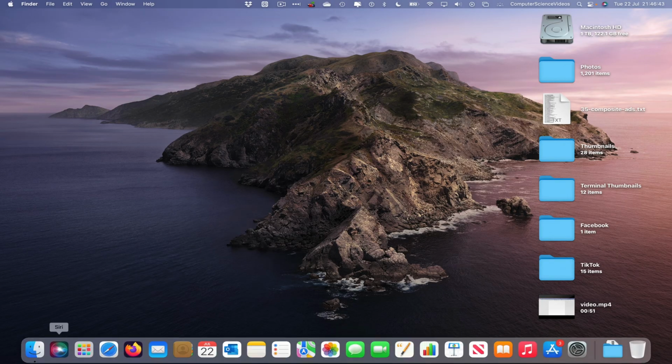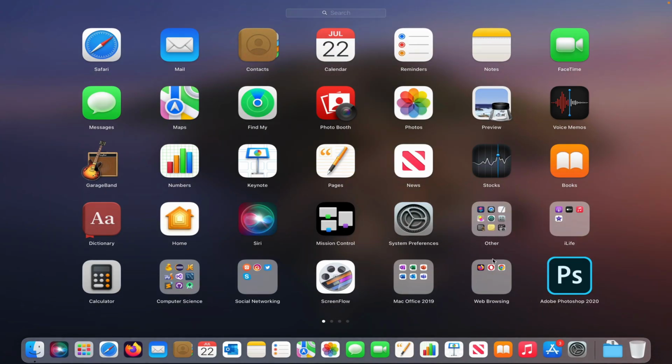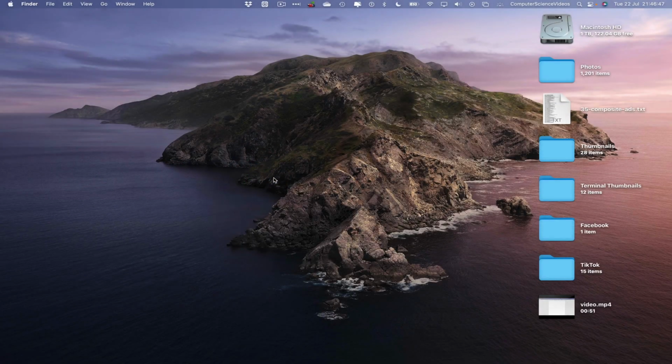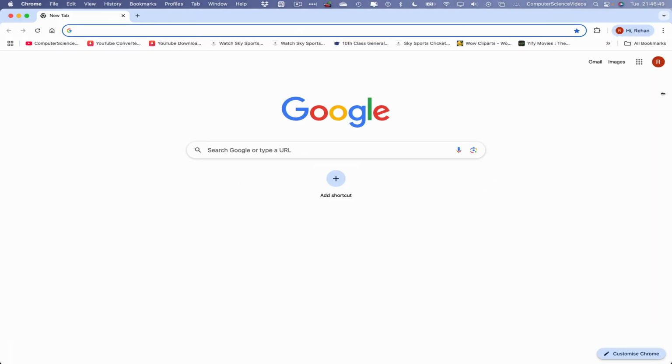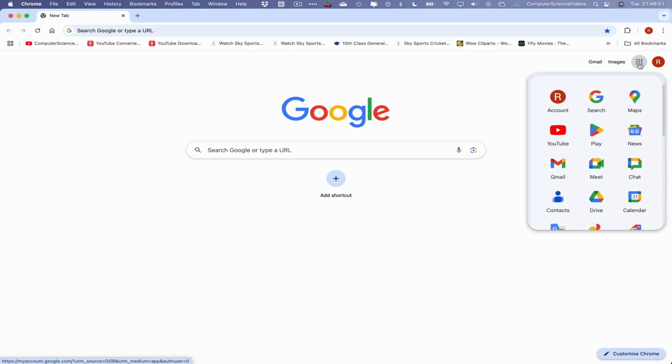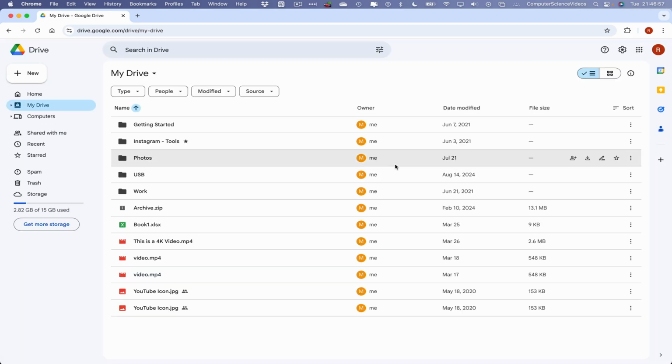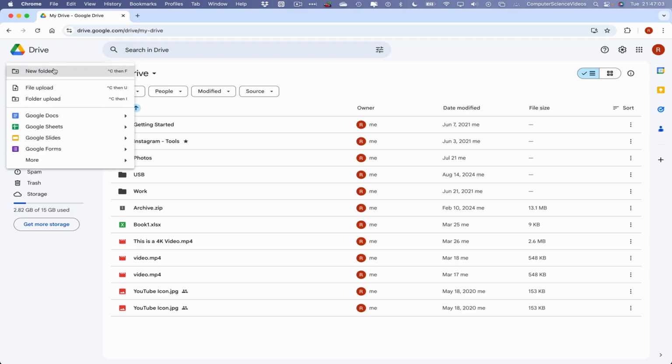So now let's go down to the dock, go to Launchpad, go to the alternative web browser, which is Google Chrome. Click on this and then wait for that to load. Once it is loaded, go to the top right corner. Let's now go to Google Drive. And now what we want to do is go to the top left corner where we see New. Click on this. We can create a folder, file upload, folder upload, Google Docs, Sheets, Slides, Forms,